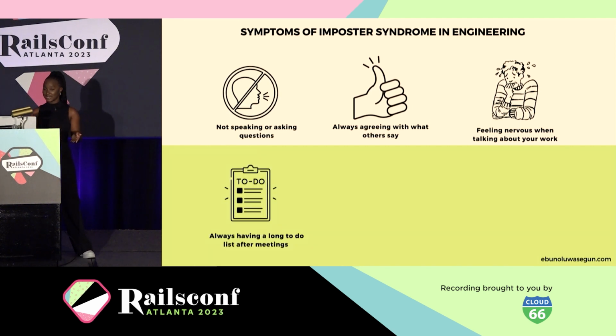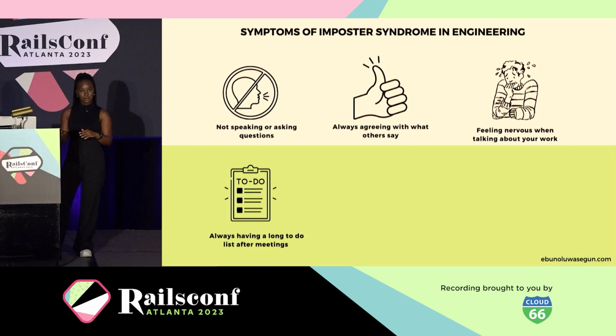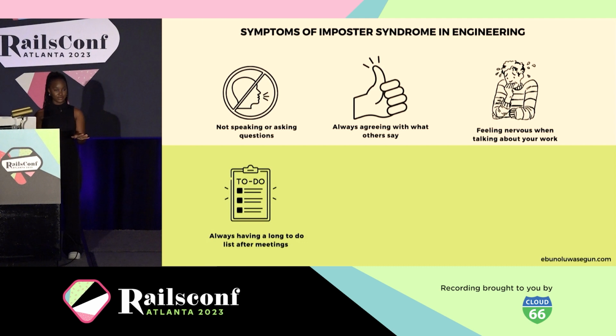Another symptom is always having a long to-do list or a long list of things that you have to go learn right after every meeting because you don't want people to ask you about this next time and you don't have the answer to that. So while you're having the meeting, you have your notes and you're scribbling like, okay, somebody said this, and somebody said that. So you have to go learn what that means. Now let me pause and also say that I don't know, but I can figure it out is a valid response. And so we need to use that more often.